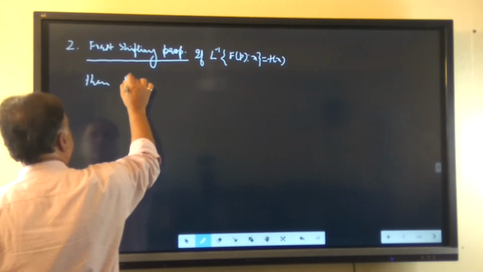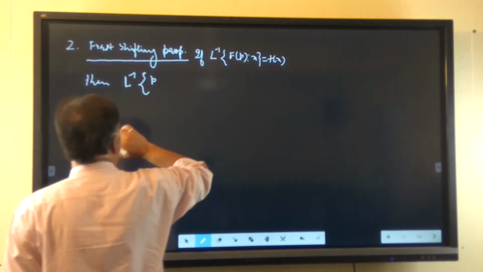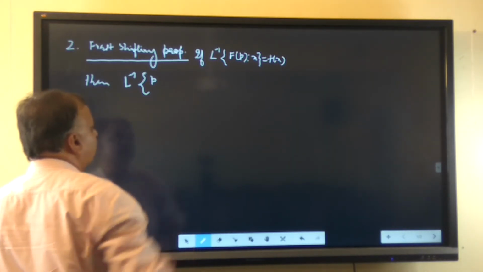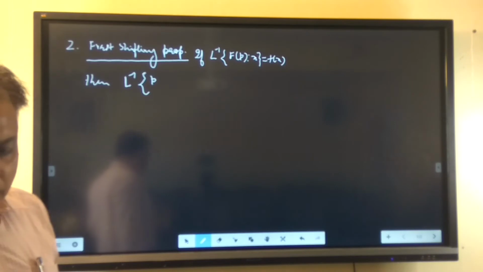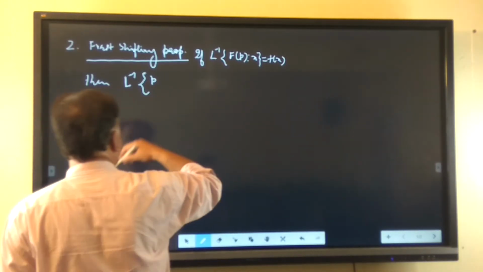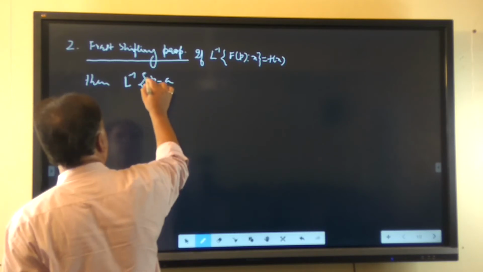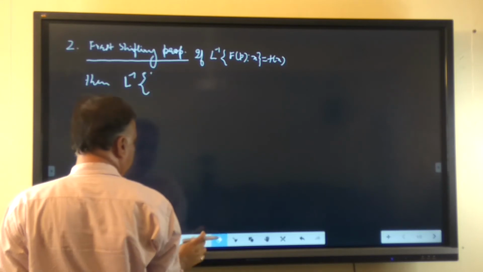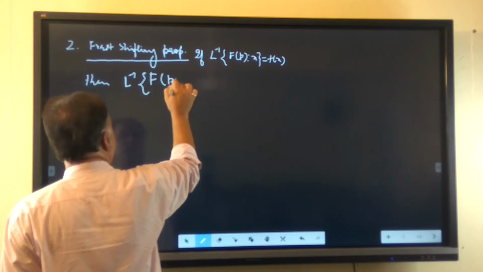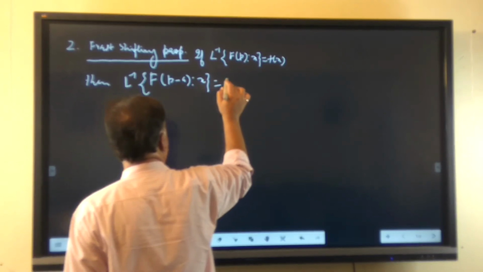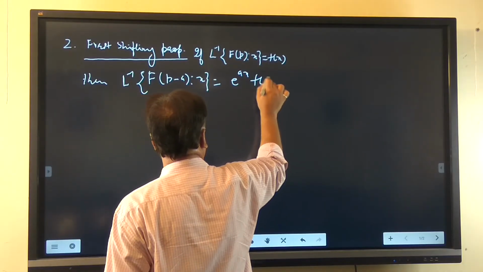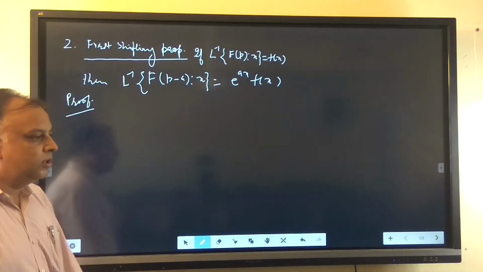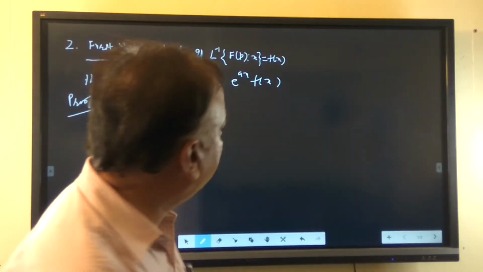the inverse Laplace transformation of F(p minus a) with respect to x is equal to e raised to ax f(x). The proof of this theorem again comes out from the definition of the inverse Laplace transformation,